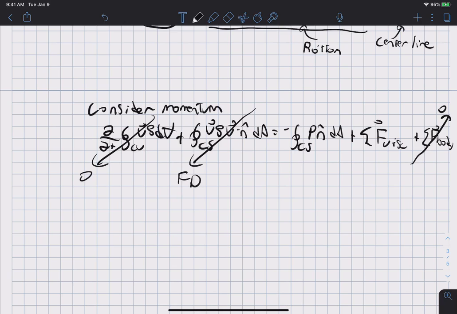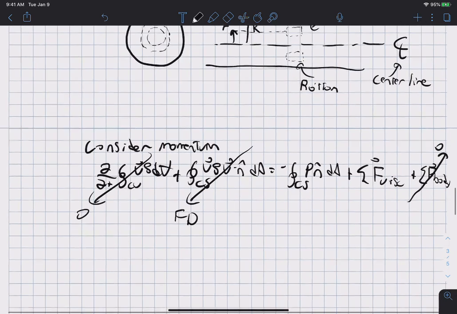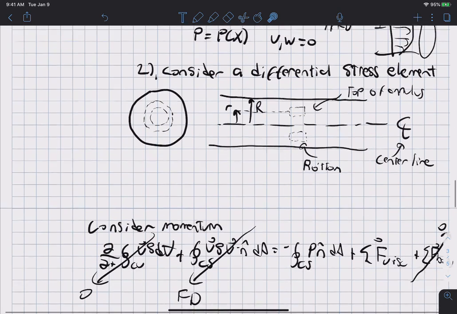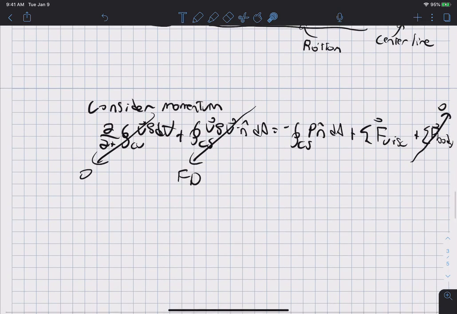And also, I'm going to scroll back up again. One thing we also learned from Navier-Stokes equations is that V and W equal 0. So the only component of the velocity is along the tube itself. There is no component of the velocity going up towards the wall or around in circles. It is just going straight along the tube, only in that direction. Okay, so if it's fully developed, let's just draw a little control volume here,